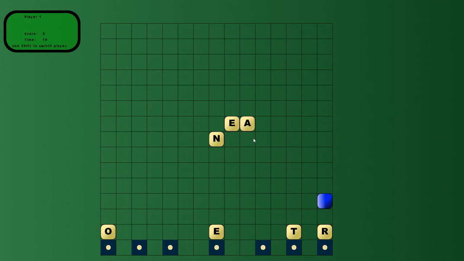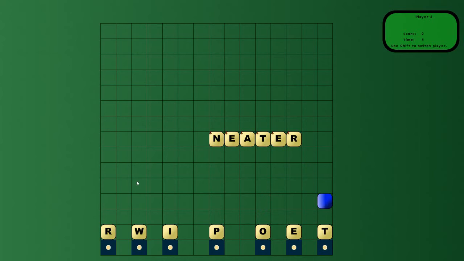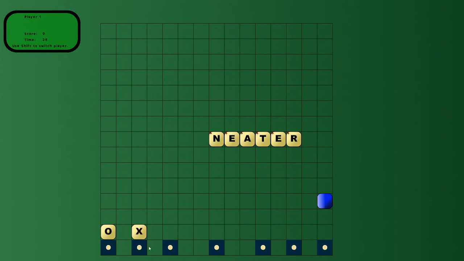I have to spell it right. So you get 7 letters and you have to put something like Nita. Then you lock those, you switch, if you want to play as 2 players. But if you don't want to switch, you can just get more letters here